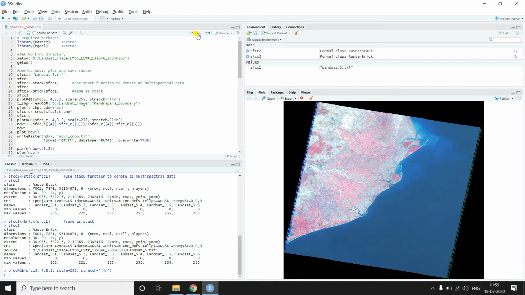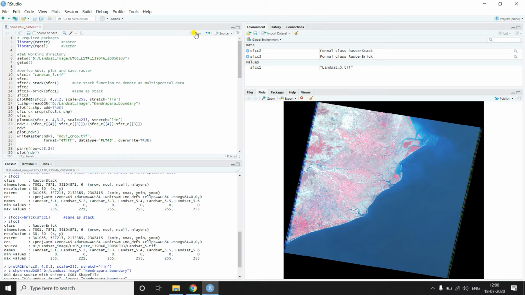Now I'll crop a portion of the image using a block boundary. We will use this Kendrapada boundary from Odisha state, and that boundary will be used to crop the image, and over the cropped image we will calculate the NDVI. To read a shapefile, we have to use the function readOGR, and then we'll add the path of the file followed by a comma, and within double inverted commas we'll add the file name. So if I run this line,